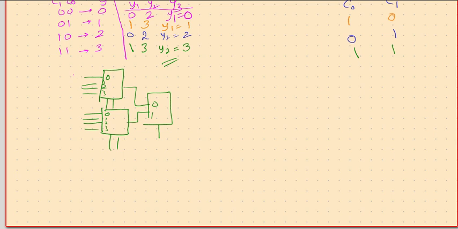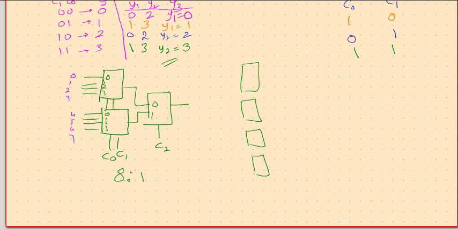So in all it is 0 1 2 3 4 5 6 7, and that's our output. So we have here C2, C1, C0. C1, C0 decide which of the four to be connected to output. C2 will decide which of the two outputs should be connected to this output. So using two 4 to 1 multiplexers and one 2 to 1 multiplexer we can have an 8 to 1 multiplexer. Same grounds we can think of having four 4 to 1 multiplexers.